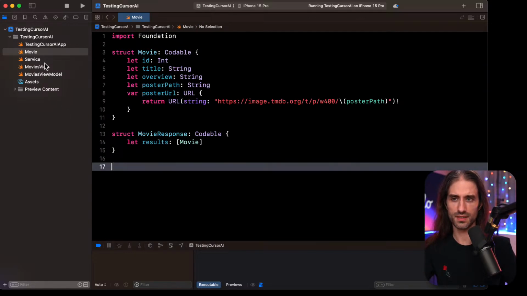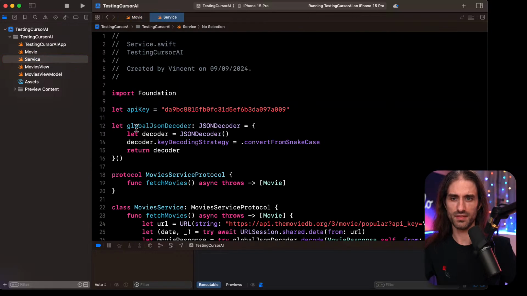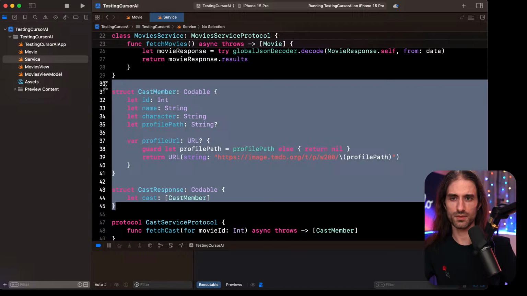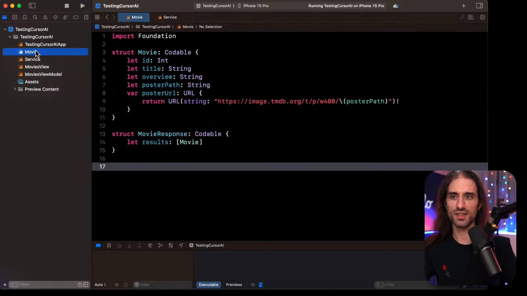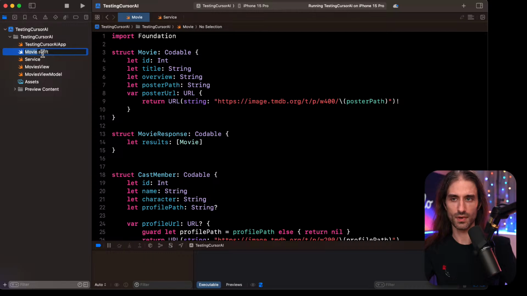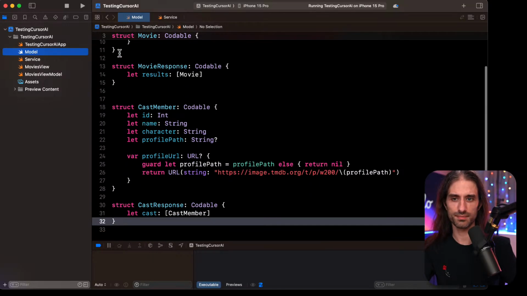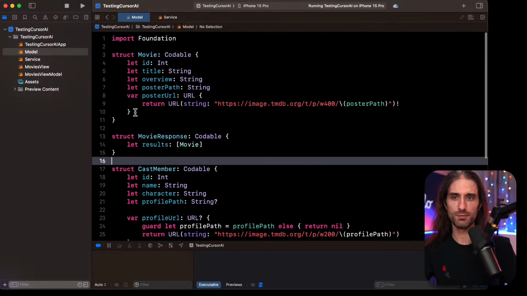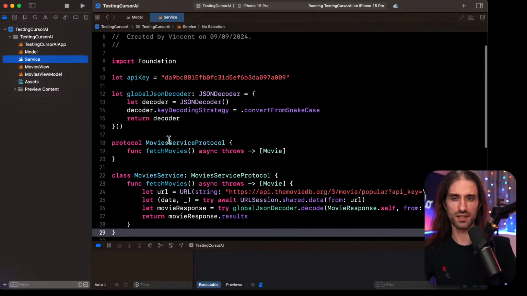So I'm having this here, and just this part right here. I'm going to do a service and a model approach, not the best. It would be better to have one file for the movie model, one file for the cast member model, etc., but it's better than nothing this way.